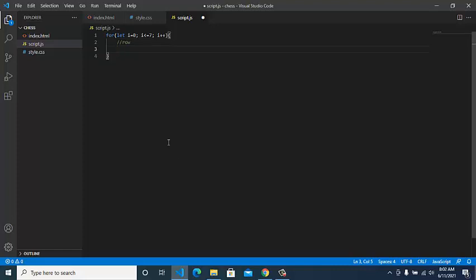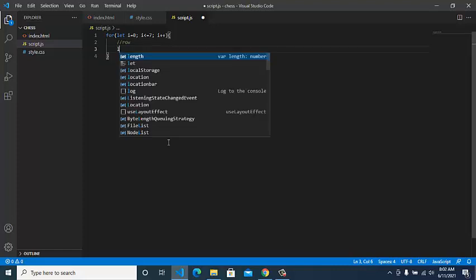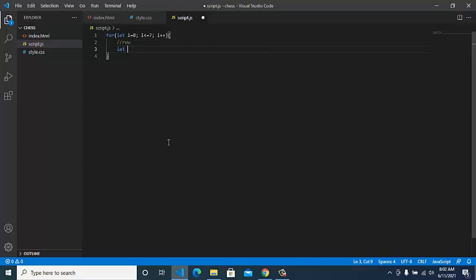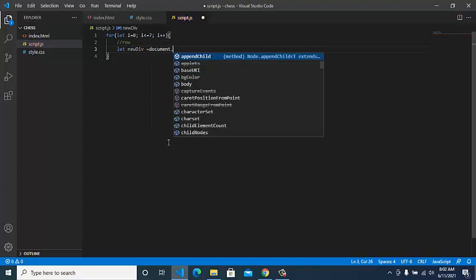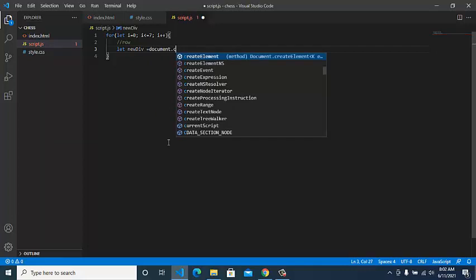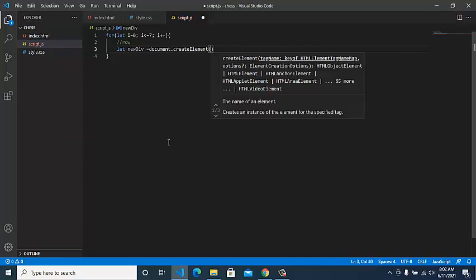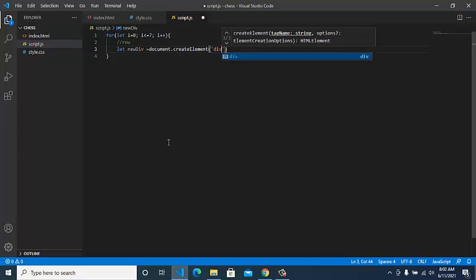Firstly we have to create the rows. So I'll write let newDiv, because we are creating a div, and we'll use the method with the document object, document.createElement, and in this we'll have div. This will run the loop 8 times and create a div 8 times.